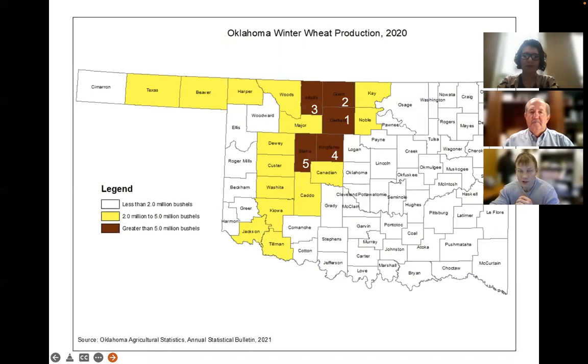I also quickly looked this up in 2022, and things are not looking good. I think I saw that the projection was for less than half of the 2021 wheat production to actually be captured this year. And so it's a rough time for farmers out there. We're probably not going to see as great an economic impact of the wheat in a lot of these western counties that are dependent on that kind of production. But again, we know wheat is important. We're going to continue to follow it. And the clear takeaway here is that a lot of these counties that are dependent on wheat are going to be struggling as wheat production declines this year.